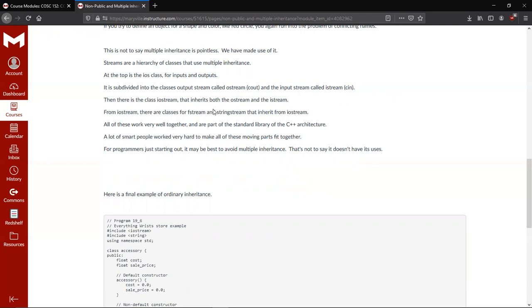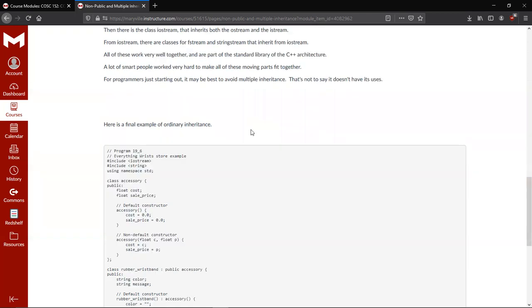After that, there's an iostream that inherits from both of them. So basically, you have ios, it splits to istream and ostream, and then comes back to make one thing called the iostream. And then the fstream for files and the stringstream for strings, those inherit from iostream. So that's one of the standard libraries in C++, and it does use multiple inheritance. But as I said, be aware that it's a thing and it's something you can do, but you probably want to get more advanced in your own programming skills before you try